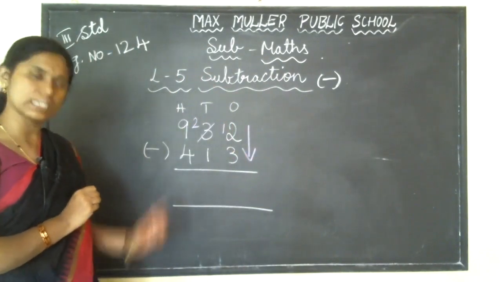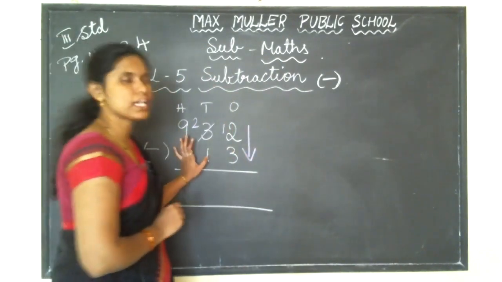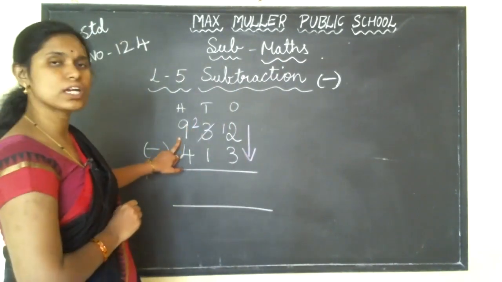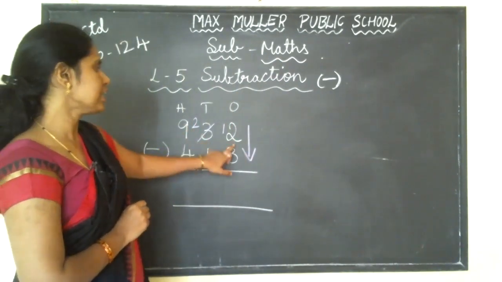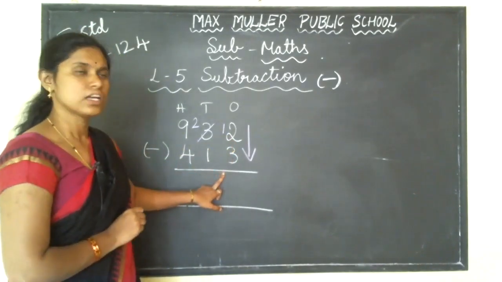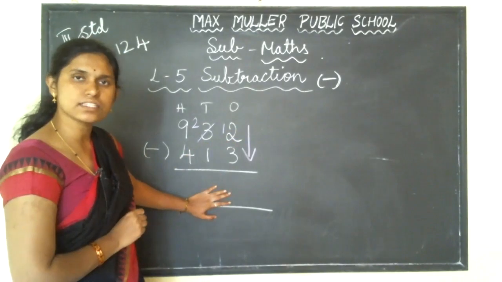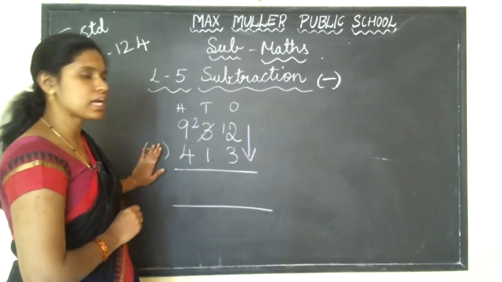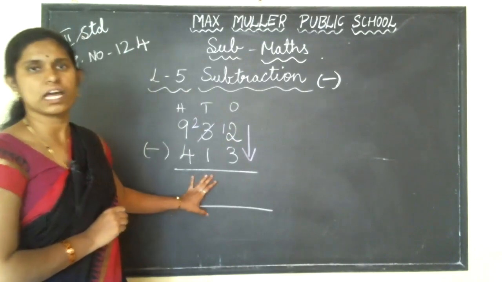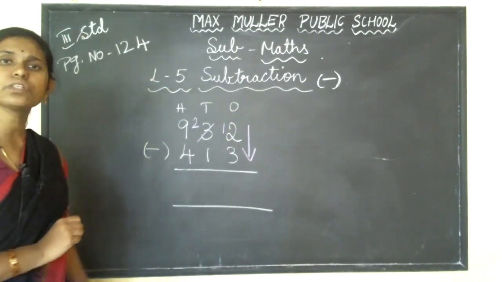Understood, all of you? I will repeat again here. Here they have given the total students. Total students are 932. The girls are 430. So you have to find the answer. After subtracting, you will get the answer. Find the number of boys they have told. So how to do this one?